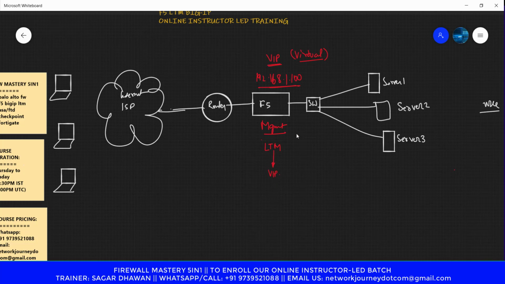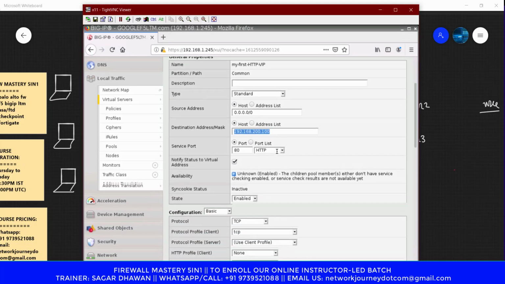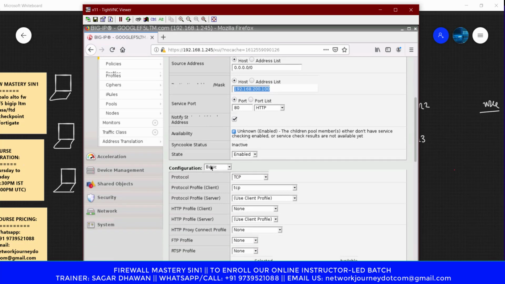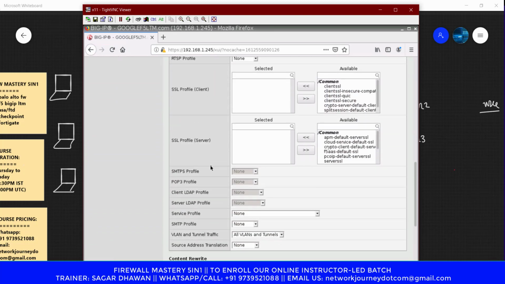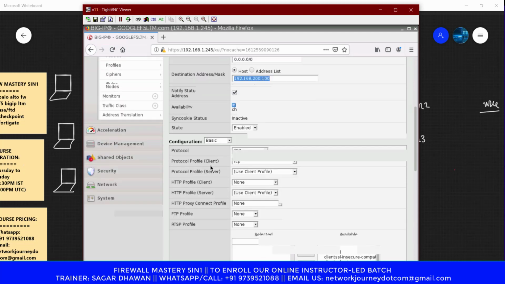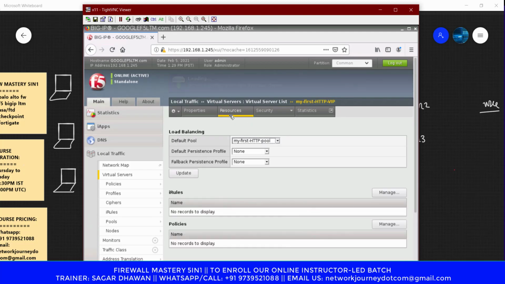Now what is internally enabled in this VIP? We need to see what is present inside this VIP. If I scroll, let's see if I can find some information. Nothing much here, but what about the other things? Let's say resource. When you click on resource, you see something being selected, default pool.